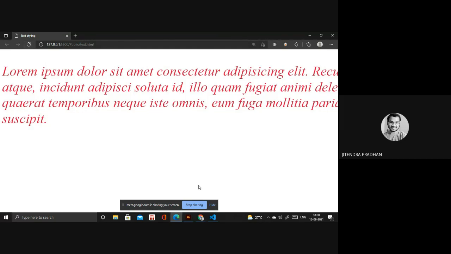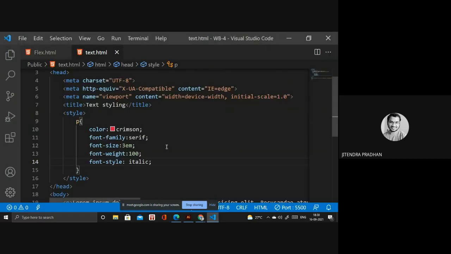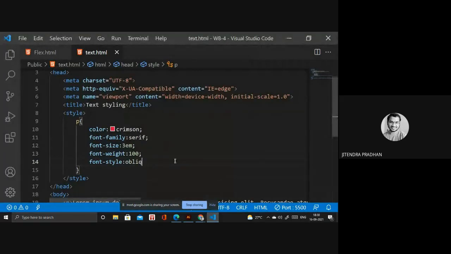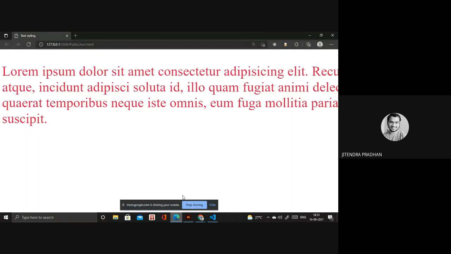If I use oblique, let's see what happens. Oblique. Next we have italic and normal, nothing else. Normal means normal text, like you saw previously.